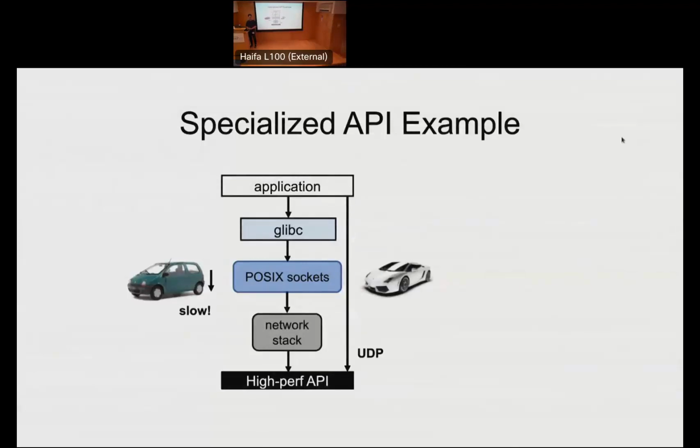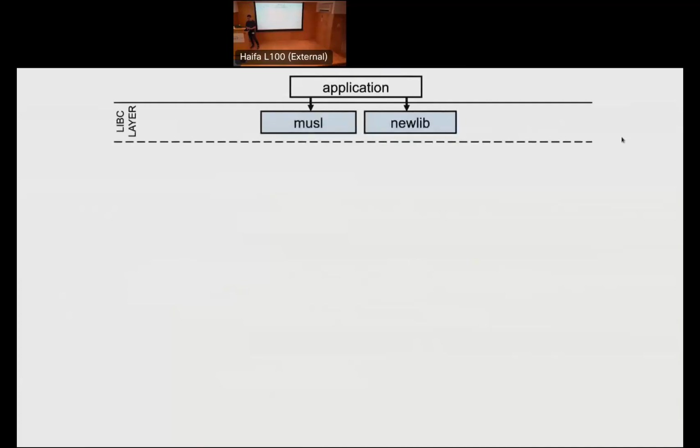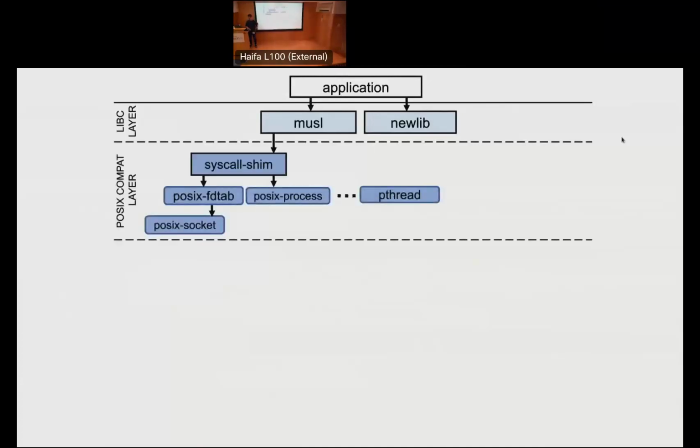And that's quite known. It's kernel bypass. But the whole point here is that Unikraft makes it a first-class OS construct and really easy to use with minimal modifications. So let's take a broader overview of Unikraft. So at the top, you have the application, and that application is going to interface with libc. So, at the moment, in Unikraft, we support newlib and musl. Under this, you will find a POSIX compatibility layer, and we'll get back to it a little bit later,